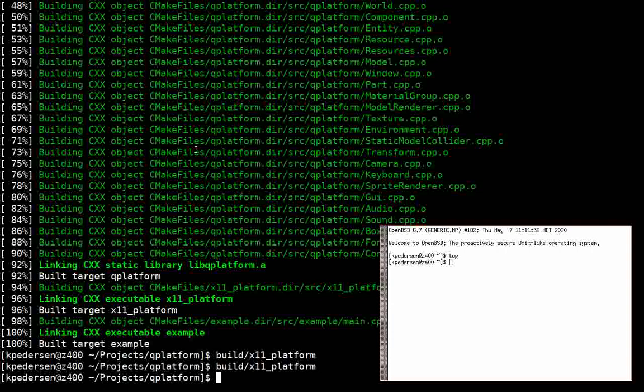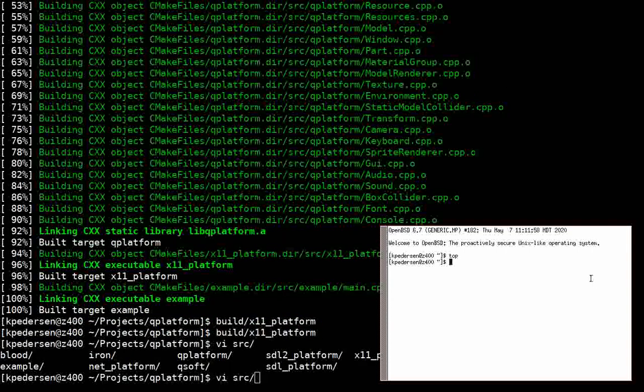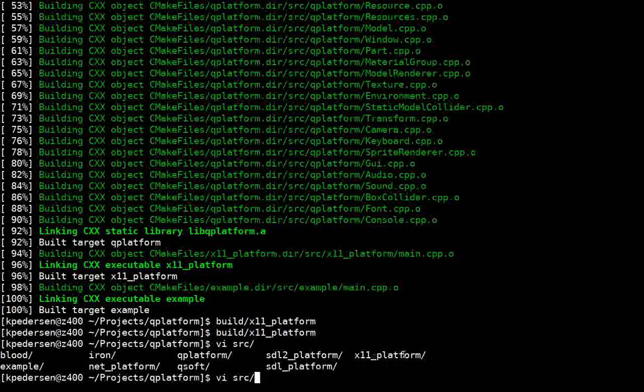I didn't really want this to be much of a technical talk, but if I go into the source code a little bit, you can see that I've got a bunch of these different platforms. So X11 platform, SDL, SDL2 platform, and then on Windows I've also got a .NET platform that really is just WinForms that just connects to it. So it's actually really portable, so it doesn't need to worry about using OpenGL or Vulkan or anything like that,